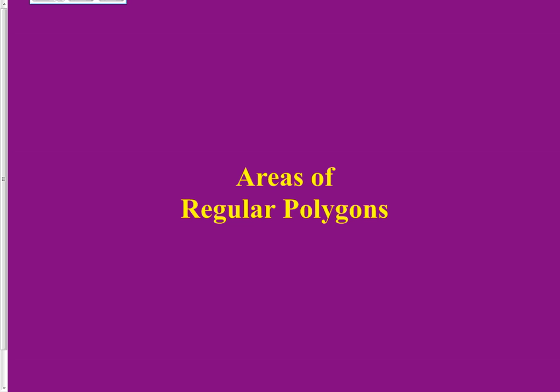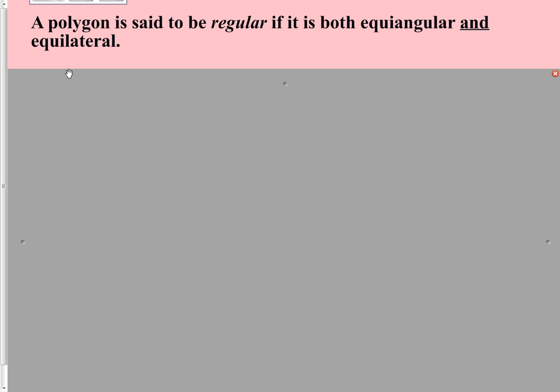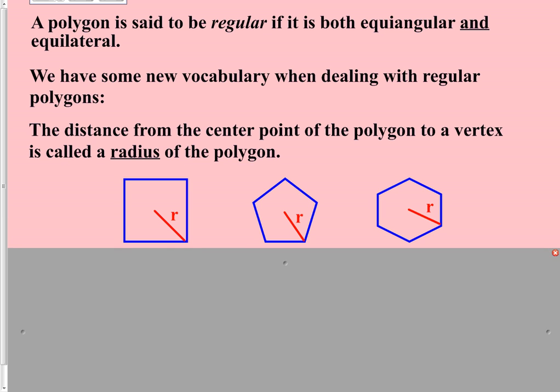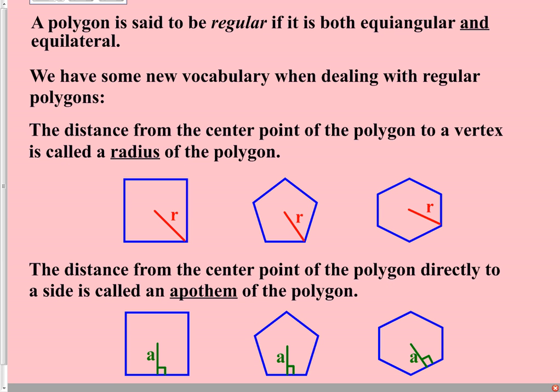The next information that we looked at was new, and this deals with the area of the special shapes that we call the regular polygons. Of course, a polygon is said to be regular if it is both equiangular and equilateral. Now, there's a little bit of new vocabulary that goes along with regular polygons,